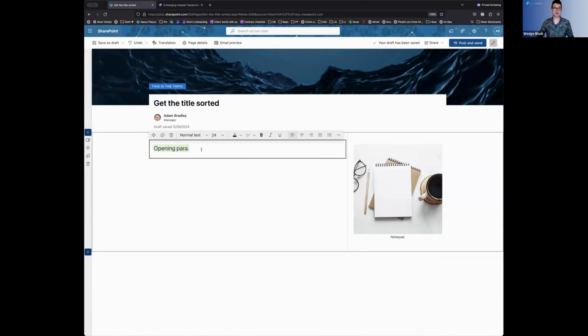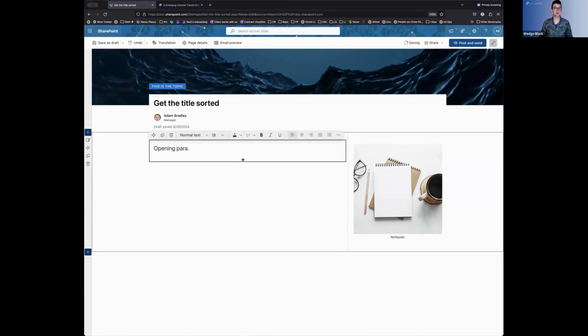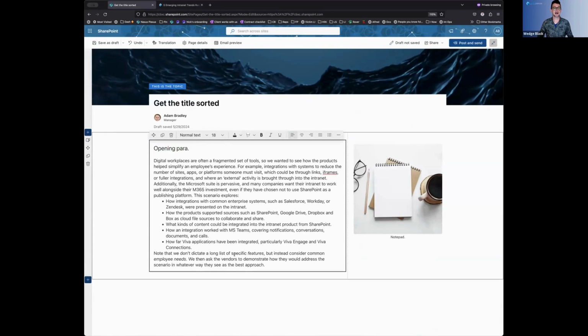Now for space-wise, you could paste it after this opening text as long as you get size 18, but you have to do your own return. SharePoint has no double return, so you have to do a return yourself and then you can paste. And if you think, oh gosh, those bullets are not how I expected, then what you do is